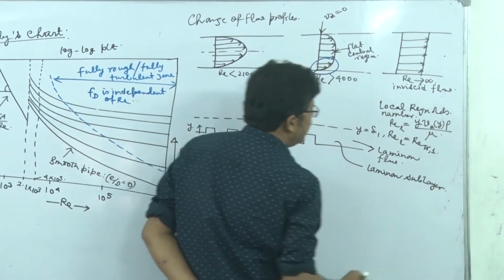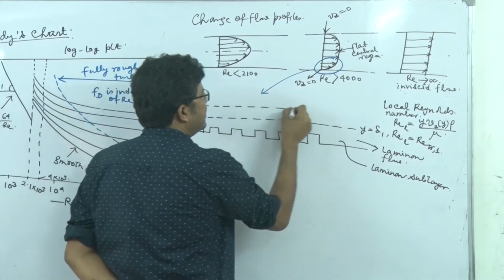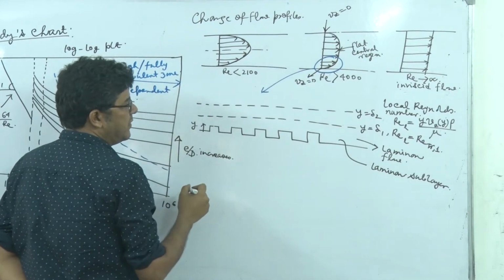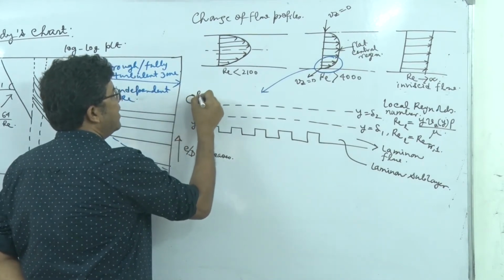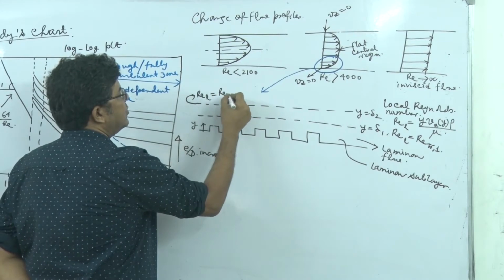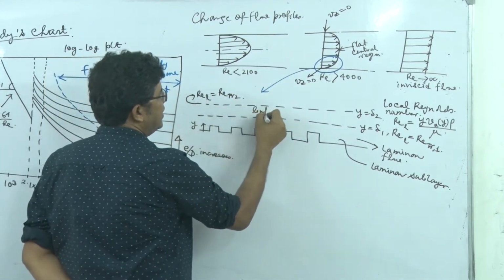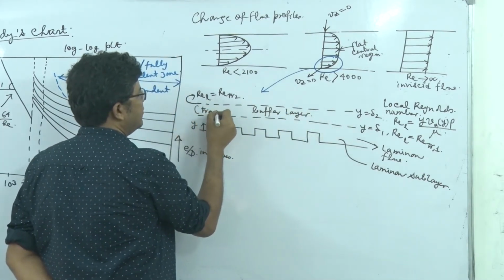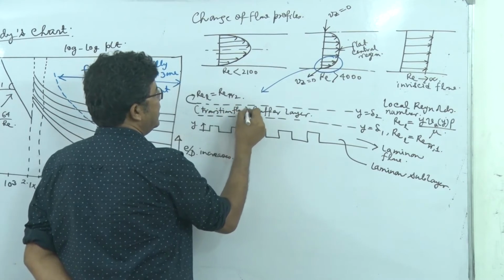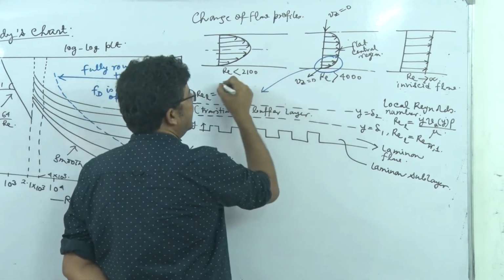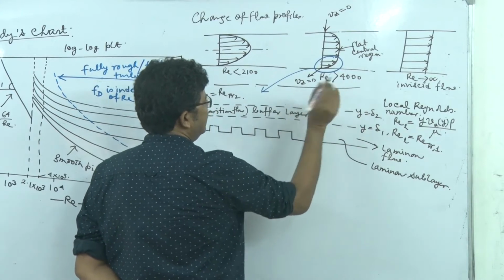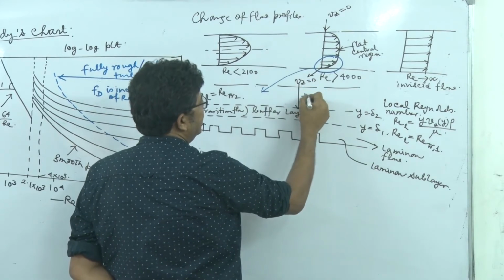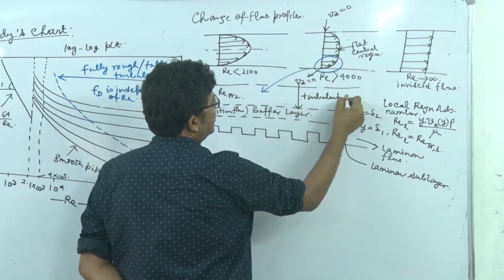Now above and over this layer, another layer must exist where the transition flow condition prevails. So here, Re local is equal to Re threshold 2, and this is called the buffer layer, where we are having transition flow, right? And above the buffer layer, say this is the center line, right? This is definitely not to scale. This region, and on the other side, is the turbulent core.